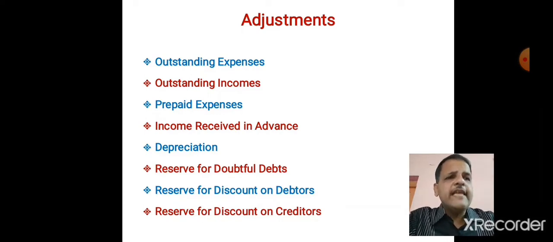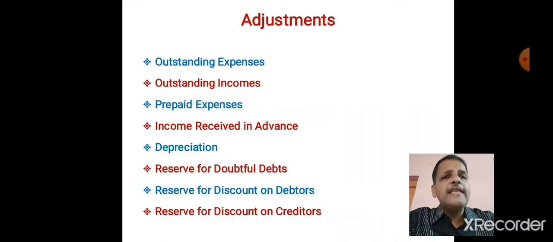Let us take one example. There is an adjustment that we earned interest of rupees 5,000 but not yet received. What we have to do is add that 5,000 rupees on the credit side of the profit and loss account in interest. That is one effect, and we have to show outstanding interest or interest receivable on the asset side of the balance sheet, that 5,000 rupees. Let us see the third adjustment.